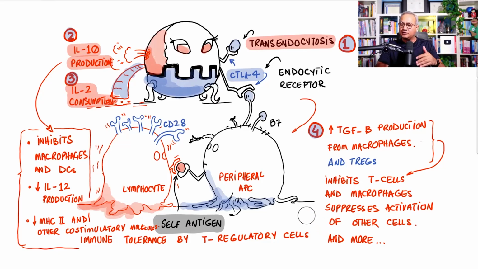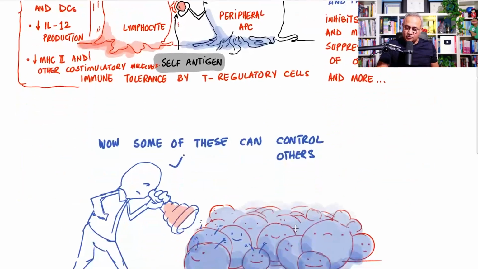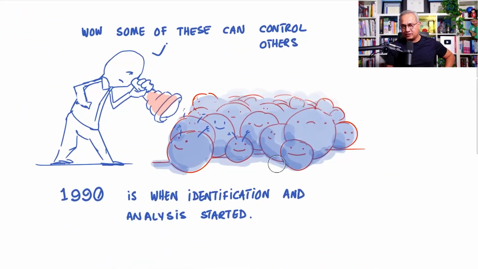Plus, TGF beta causes class switching of the B cells towards IgA. There are many, many functions, and there are controlling functions. So Treg also produces TGF beta, which also helps bring homeostasis in the immune system. So with these main functions, which I have encapsulated in one area, let's go to a few more pointers about